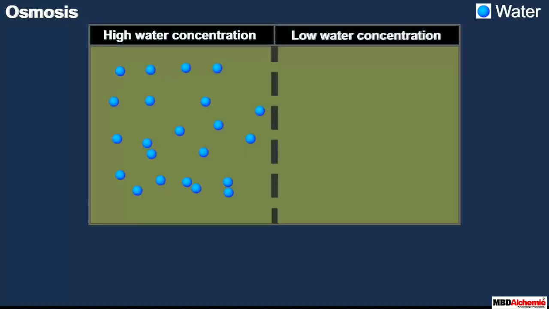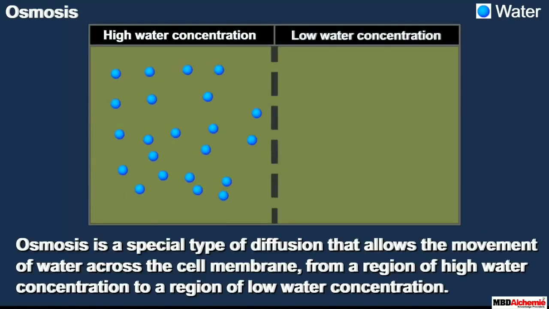What about water molecules? Water molecules will also move across the cell, right? And they will move by the process of osmosis. What do you mean by osmosis? Osmosis is the movement of water molecules from a region of higher concentration to a region of lower concentration through a selectively permeable membrane until the concentration has reached equilibrium.